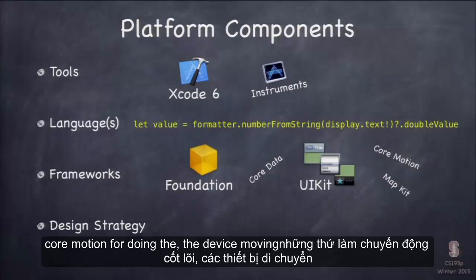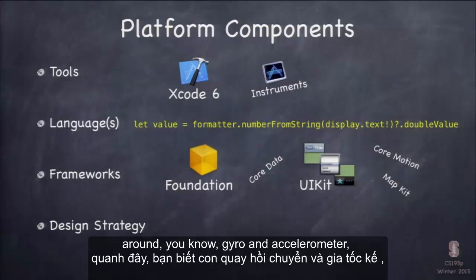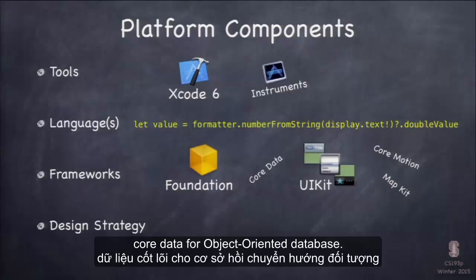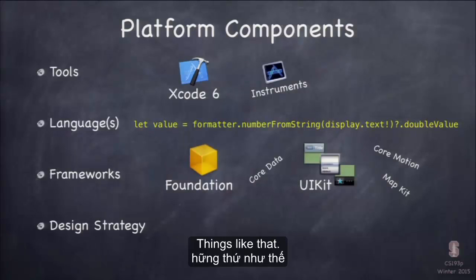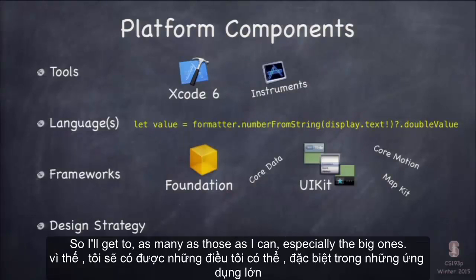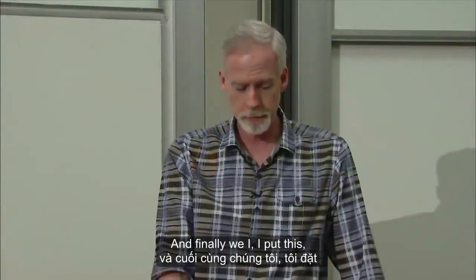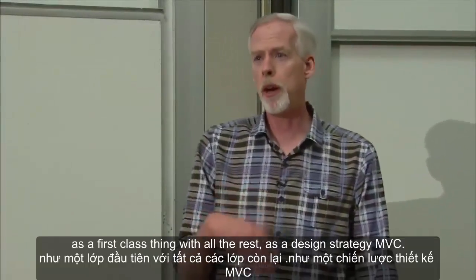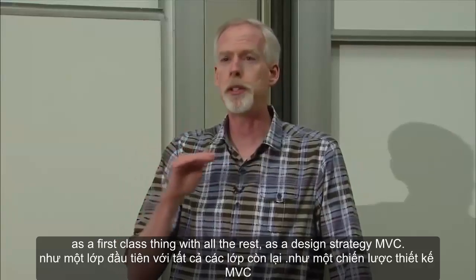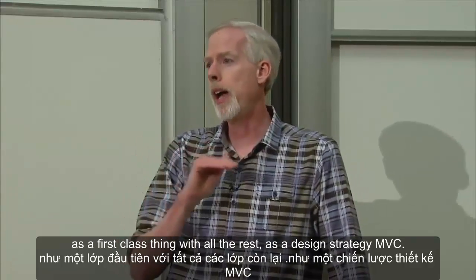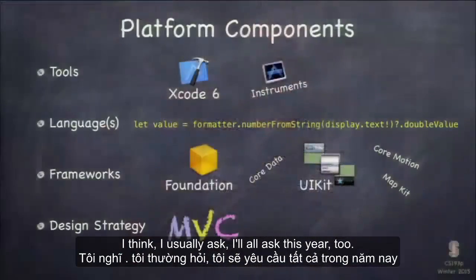Core Motion for doing the device moving around, gyro and accelerometer. Core Data for object-oriented database, things like that. So I'll get to as many of those as I can, especially the big ones. But there's just way too many to cover in 10 weeks. And finally, I put this as a first-class thing with all the rest: a design strategy. MVC, I think I usually ask, or I'll ask this year,